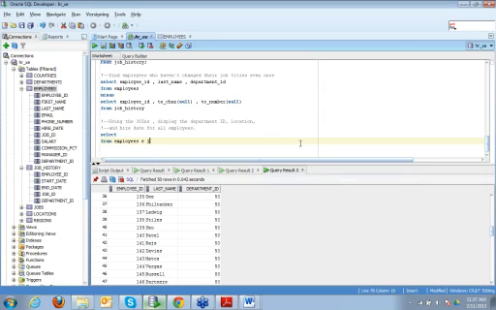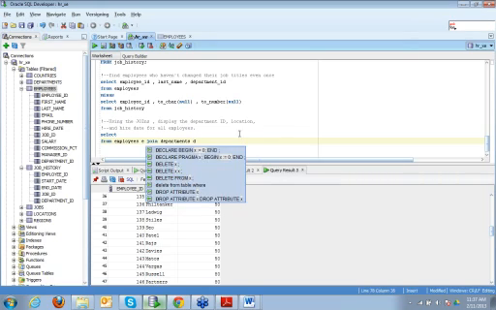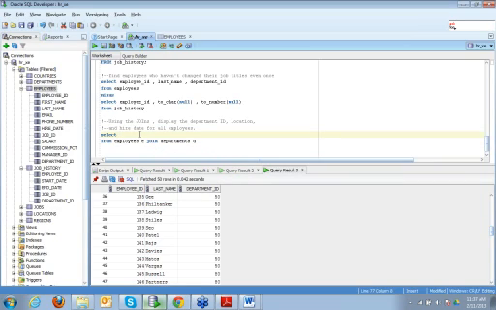Employees E, join departments D, and select E dot hire date, then D dot department ID, and D dot department ID, right?